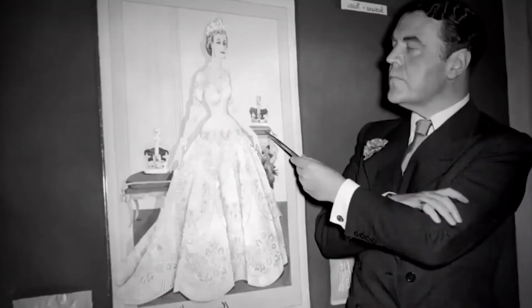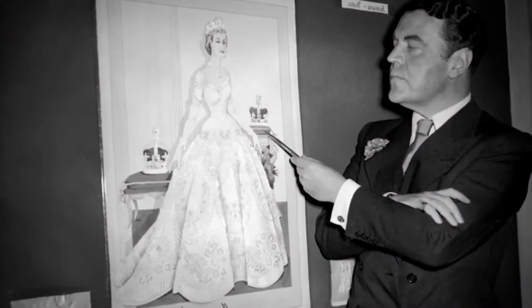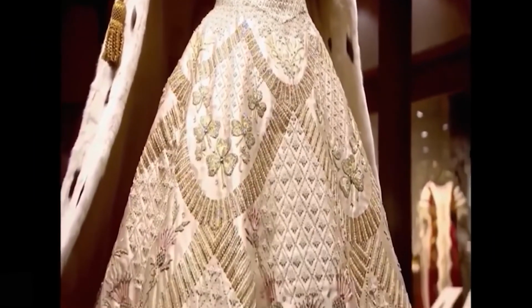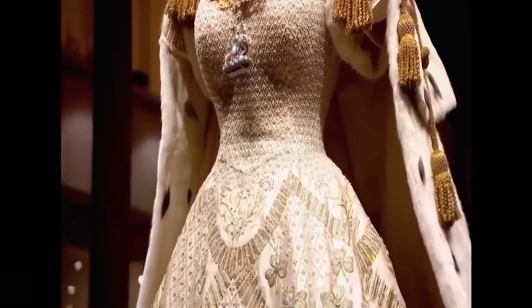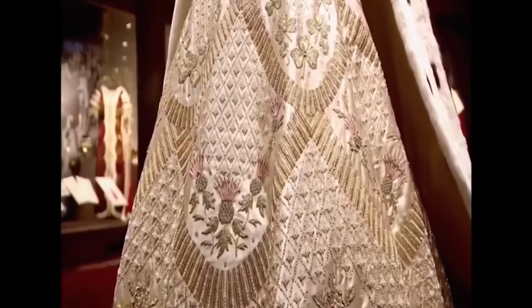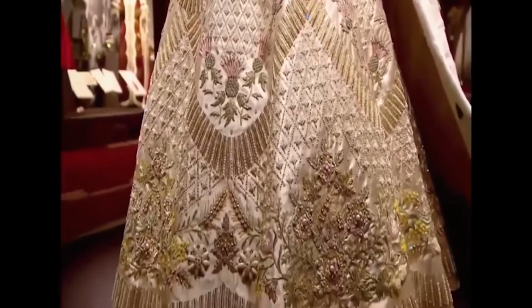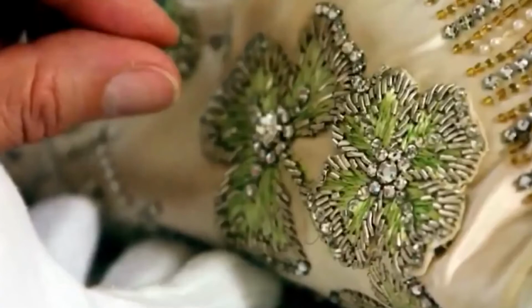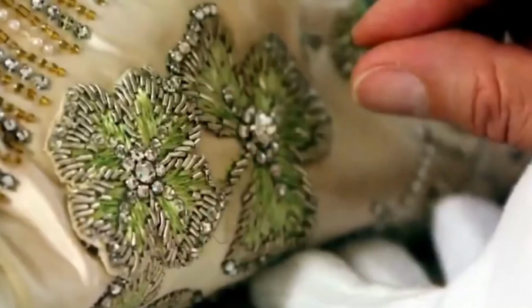Hartnell loved the young Queen's ideas, but they didn't see eye to eye on everything. Originally, Hartnell represented Wales with a daffodil, but the Queen preferred the more official Welsh symbol of the leek. Despite the Queen's attention to detail, there was one secret that Hartnell managed to sneak past her. Unknown to the Queen, Hartnell actually added a wonderful secret detail, which was a little 4-leaf shamrock, which he placed on her left skirt, just underneath where her hand would be resting in the ceremony. A secret message from the designer to the Queen on the dress that would be immortalised as part of the